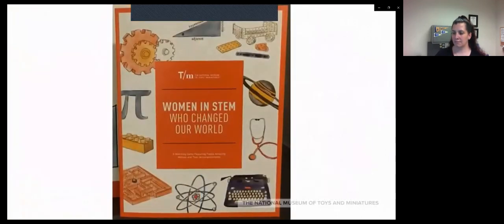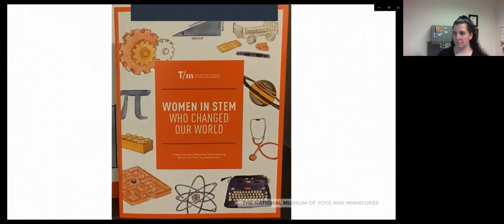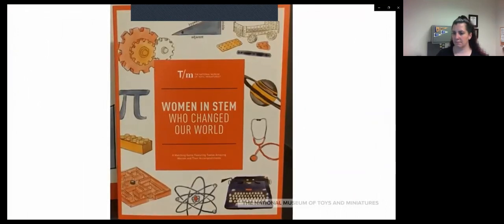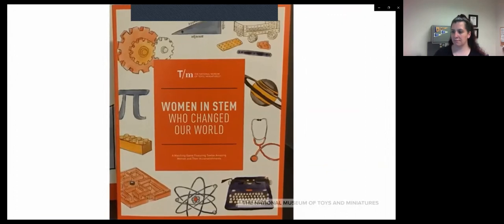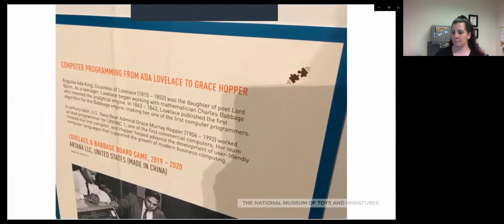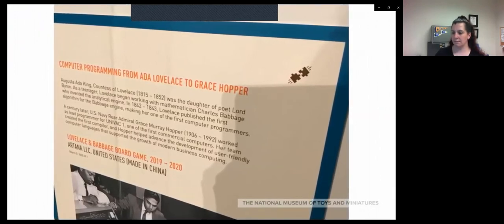While I was researching the exhibit, I learned about so many inspiring women who made major contributions to STEM fields. We decided to create a matching game and coloring book to help our visitors learn about them too. Throughout the exhibit, there are puzzle piece icons to help complete the matching game, and the coloring book can extend